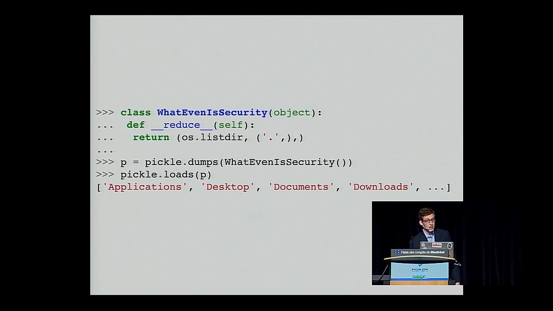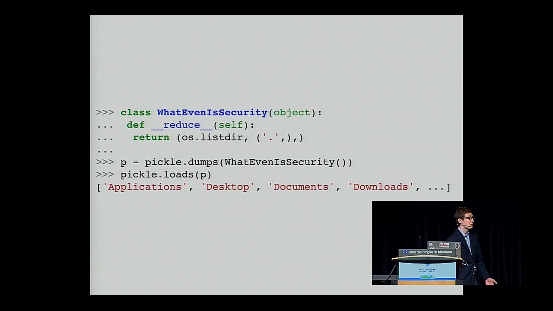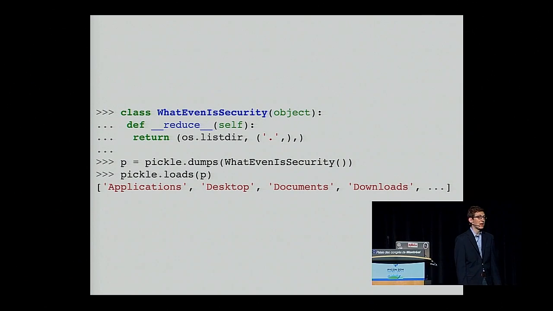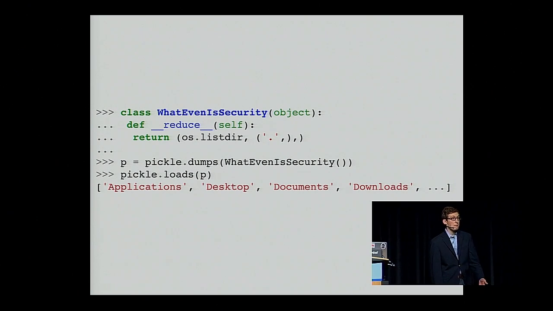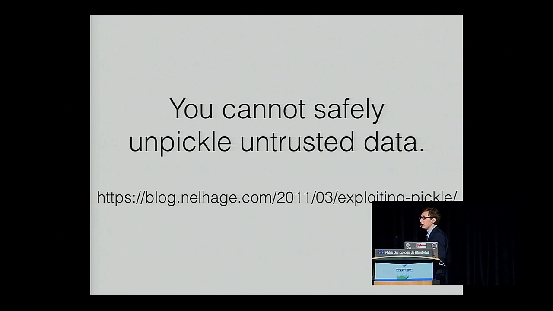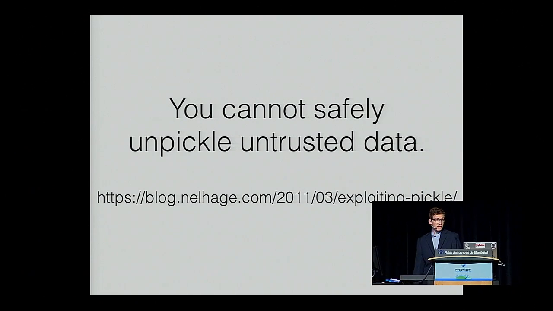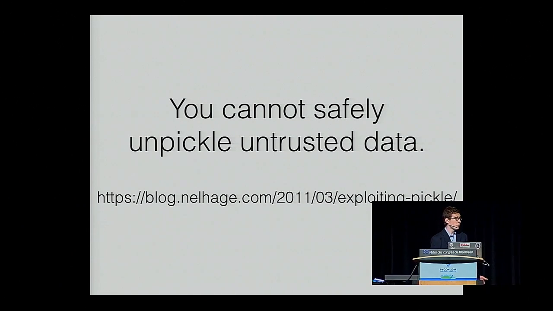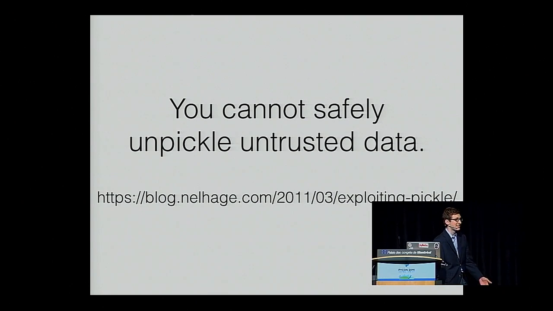This is not a purely hypothetical attack. This has been a security flaw that's happened to a number of applications where they unserialize untrusted objects. Pickle cannot safely accept data that you do not trust. Lister seems kind of harmless. What if we called something even more exciting? Exec,